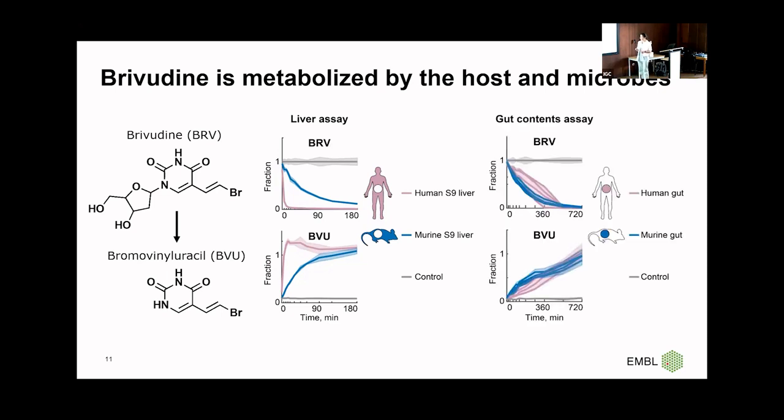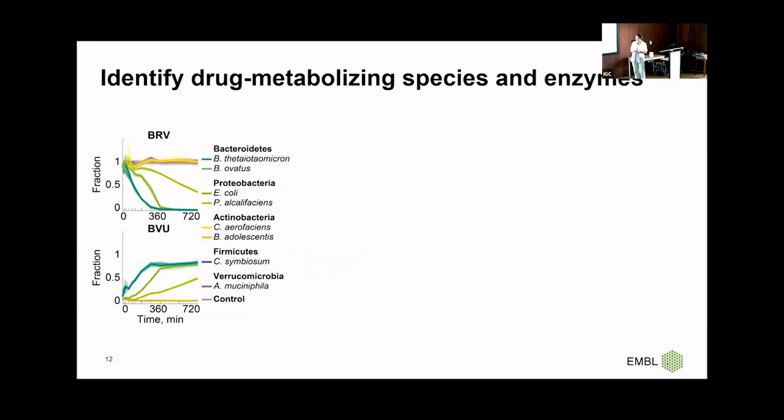And we also showed it for microbes, where we incubated Brivudine with fecal material from either human or mice, and showed that fecal material of human and mouse also can perform drug-to-drug metabolite conversion. And now that we confirmed that microbes in the gut can perform this conversion, we were wondering whether we can identify which microbes specifically can perform this metabolic function. To answer this question, we went to our